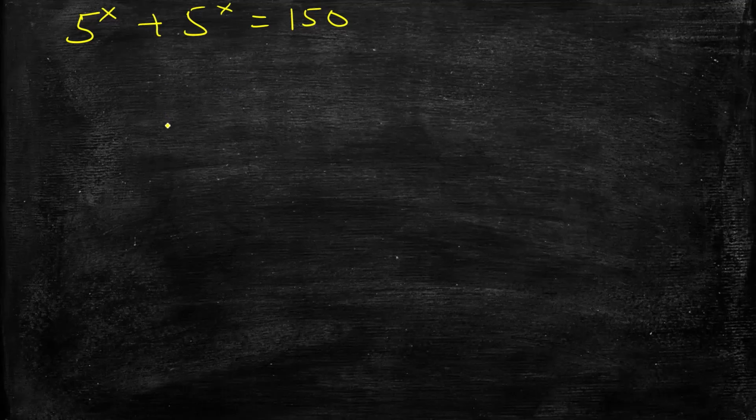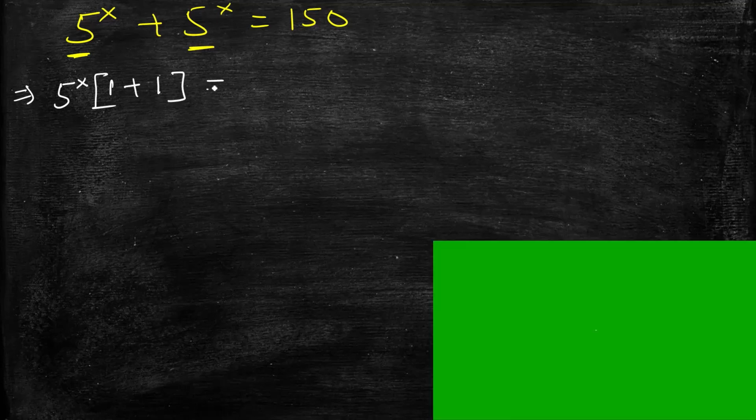Now let's look at this exponential equation. We have 5 exponent x plus 5 exponent x equals 150. How do you solve for x? Now we can take 5 raised to x out here. So this side will leave 1 plus 1 equals